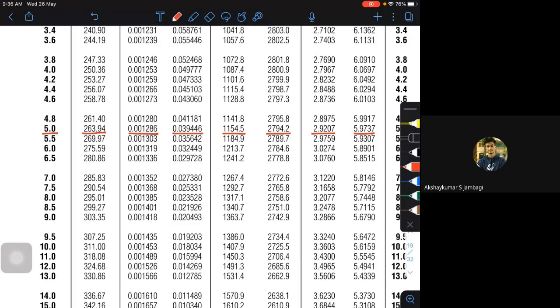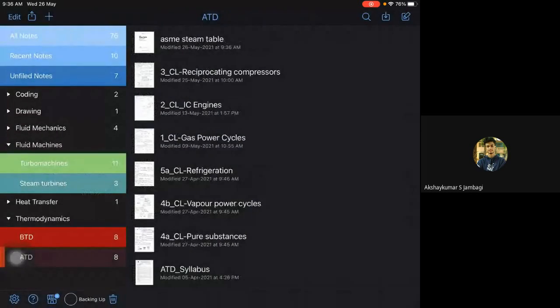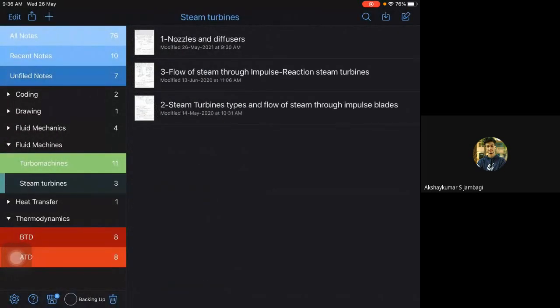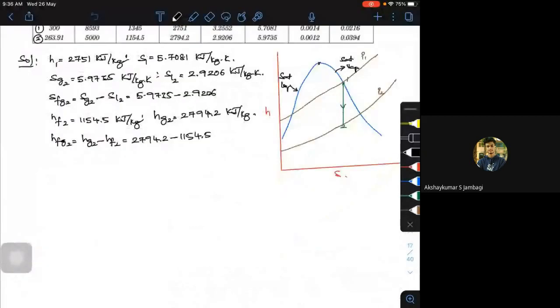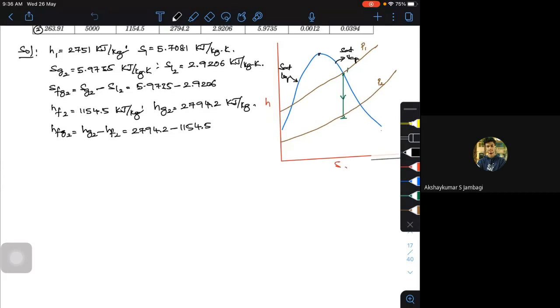Is that clear? Do you still have any doubts? Okay, fine. Now we'll go back to the problems. The only thing is, you people have to go to these steam tables and try to use them properly. Once you learn how to use them, you become a master. You should have studied this in your undergraduate course. Now we have done this, so we have got all the values written like this.